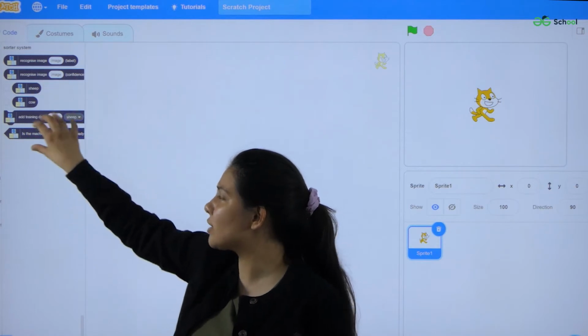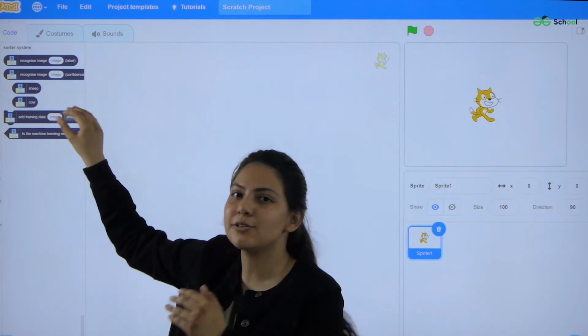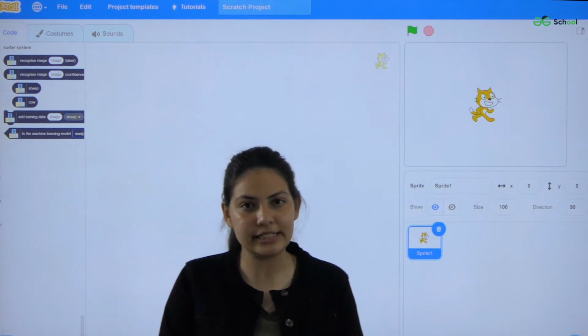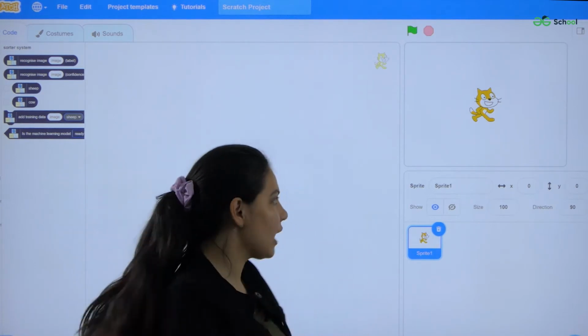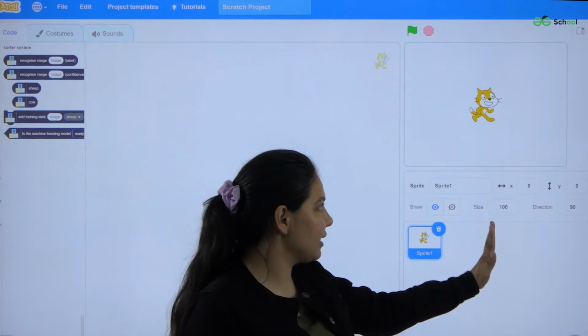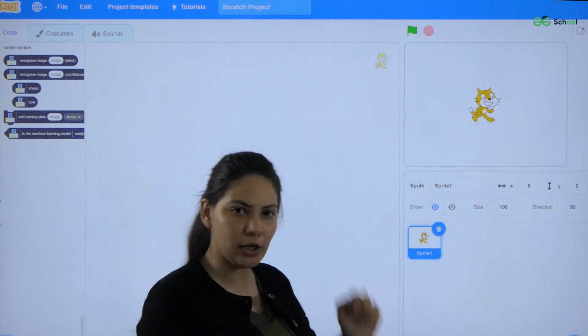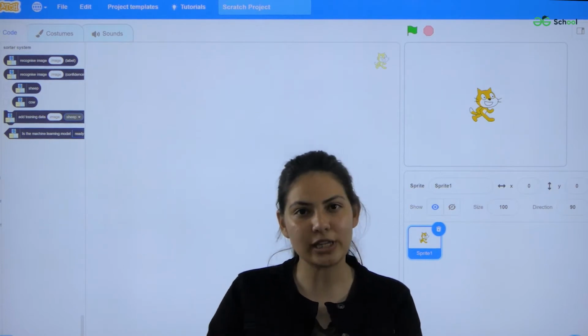Actually, this is the trained machine learning model which we created a step before. Now on the right side is my output that I'll generate after scripting the code. So let's proceed with the code.